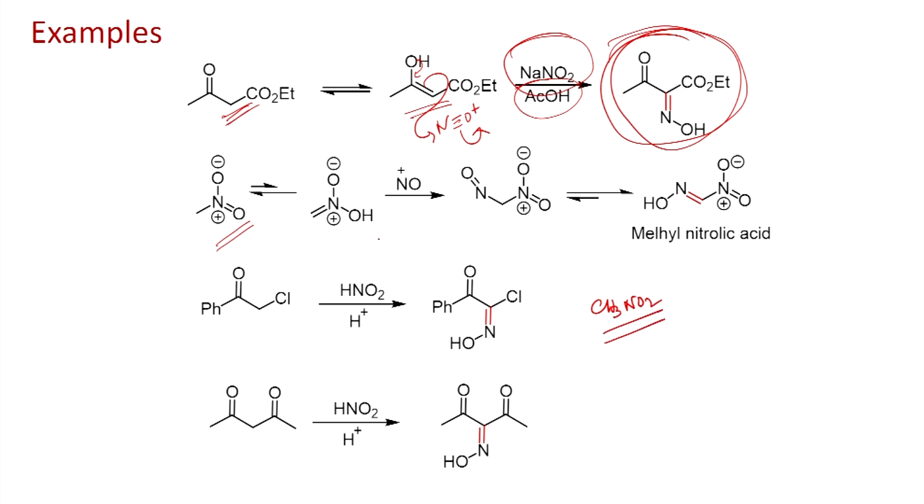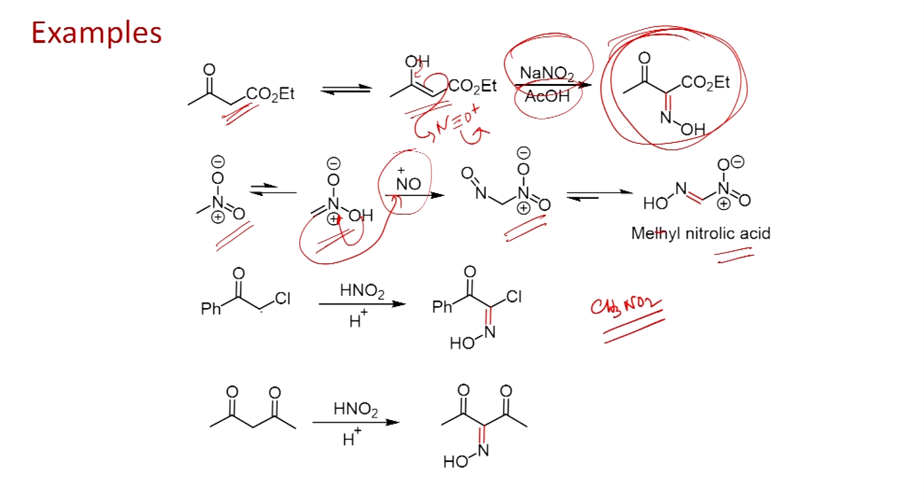The reaction of nitromethane is shown with this nitrosonium ion. As all of you know, this also in acidic medium can exist like this. Once you form this one, now this can undergo addition reaction and you will be able to form this intermediate. Once you form this one, this can isomerize, it can convert into this methyl nitrolic acid as a product.